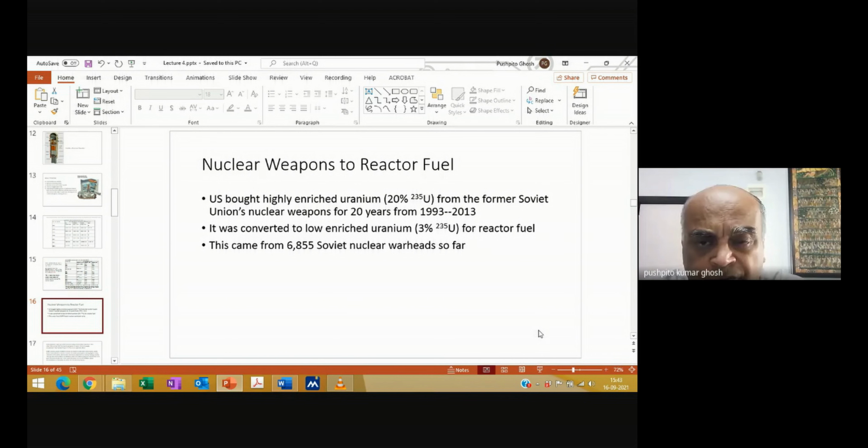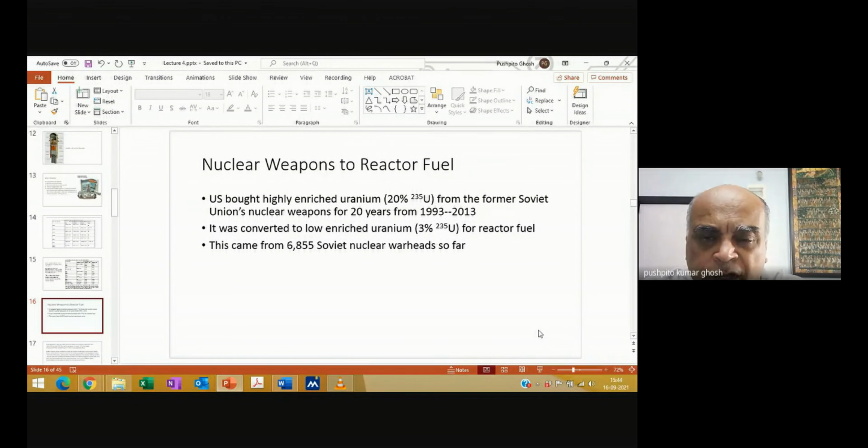Not all of it, but a part of it. And when they started dismantling, they said, what can we do with these weapons? And the obvious thing was, why not use this uranium as the source of uranium